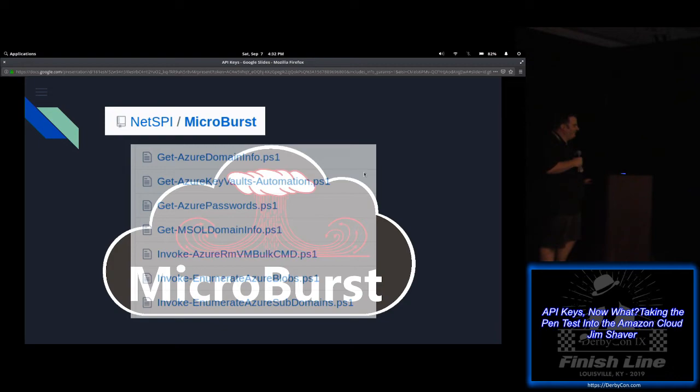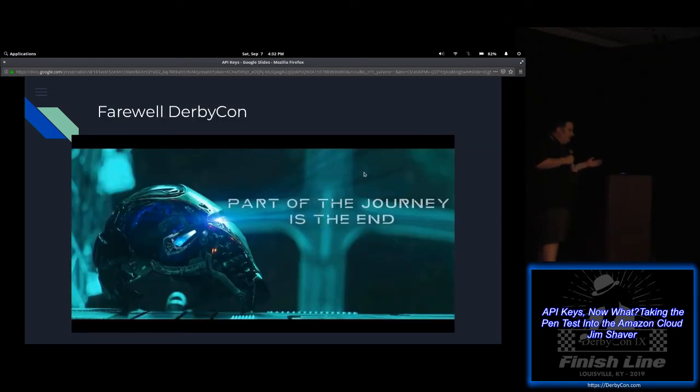If you're an Azure shop, and I'm hearing a lot more about Azure these days, like people that are migrating away from AWS, or just Microsoft is making it so expensive to be on-prem and so cheap to be in the cloud that people are going to Azure. The NetSPI people have some tools around Azure, not a ton, but a decent amount. And then of course they're all in PowerShell. So there's that.